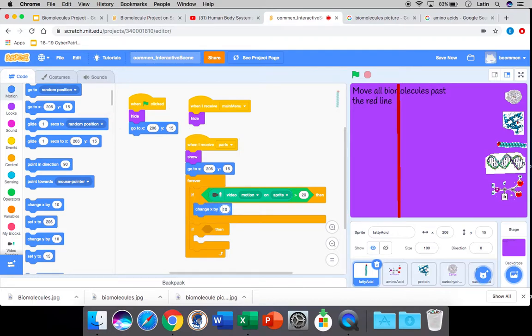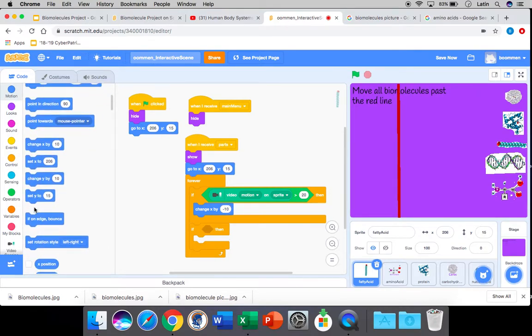Okay, so I'll put a -10 because I want it to go this way. If I was going the other way, it'd be a +10. And then finally, if it's touching the vertical line, well then I want it to say something. So I'll go ahead and put if touching,